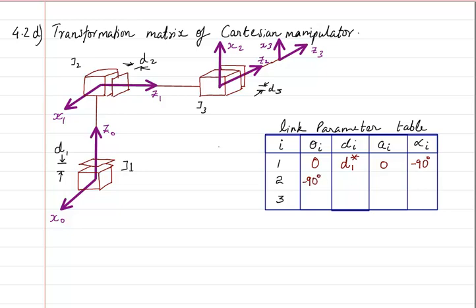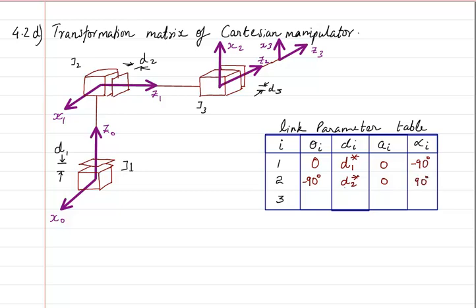Then next, how much I have to move in z1 direction so that I reach here. So here it's written d2, so I will write it as d2 star. And similarly, once I move that much distance, I will reach here, and x1 and x2 are already going to overlap in that case, so this will be 0. And finally, how much I have to shift, that is clockwise, I have to move 90 degrees, so it is going to be 90 degrees.